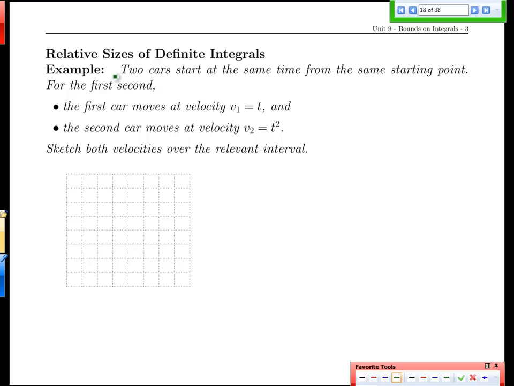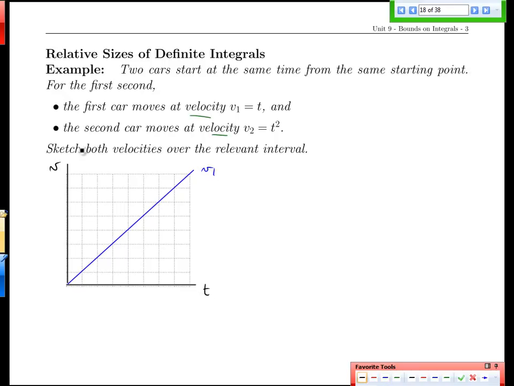Another thing that we often do is not compare integrals to constants, but integrals to each other. So let's take a look at this scenario here. Two cars start at the same time from the same starting point, and we're going to be given velocities, and guess what? We're going to be looking for distances in a second. So if we look at this graph here, the first car moves at velocity v1, which is t, so a nice straight line there. That will be v1, and our axes here are t and v,